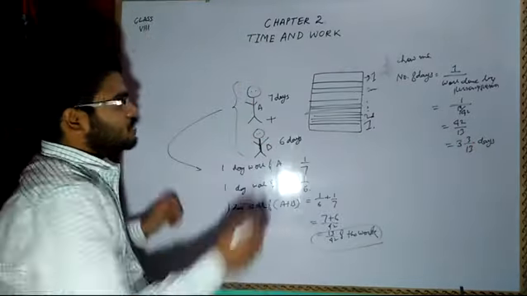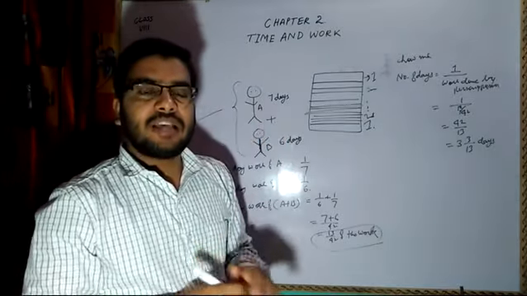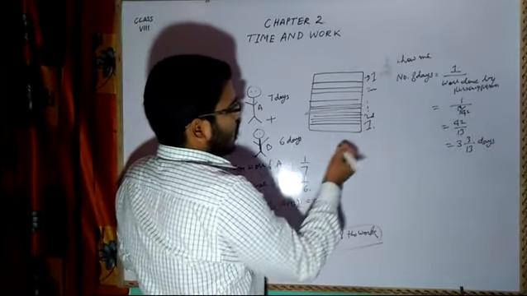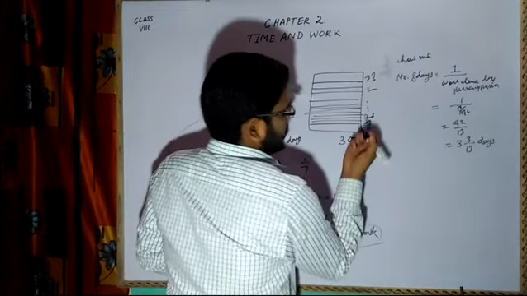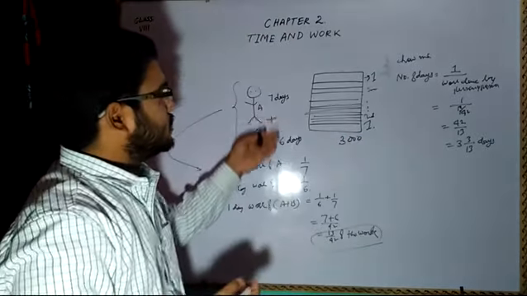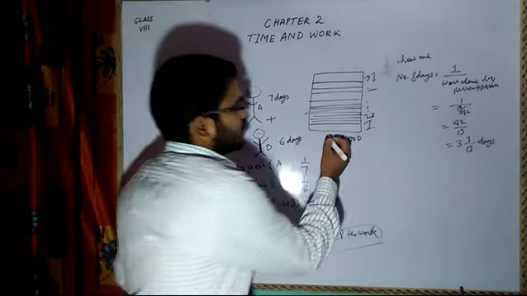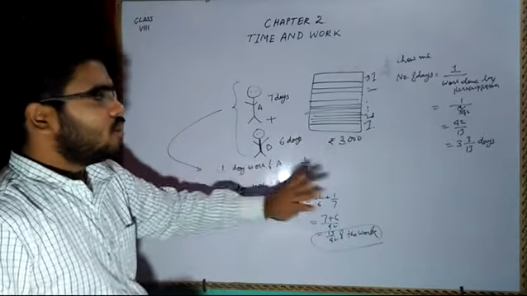Now the question comes. In the previous case I told that one person did the work in 5 days, and I paid him 2000. Now here these 2 persons have come, and they are asking me, suppose, 3000. Let's take 3000. I have not taken exact numerical values right now, just an example. Okay, 3000 rupees, 7 days, 6 days, all these are okay.